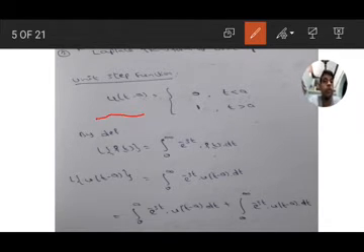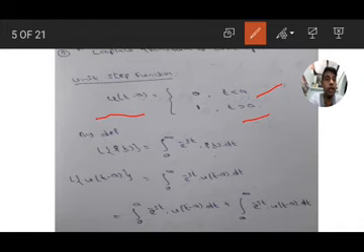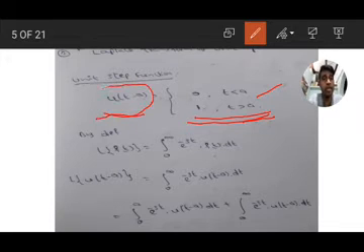Unit step function is denoted by u of t minus a. That is equal to 0, t less than a, 1, t greater than a. Means unit step function is a piecewise continuous function. It is defined as 0, t less than a. If t is less than a, the u of t minus a value is 0, and 1 if t is greater than a. Means t is greater than a, function value is 1, and t is less than a, the function value is 0. Means the function u of t minus a, the notation of unit step function, is 0, t less than a, 1, t greater than a. It is called a unit step function.